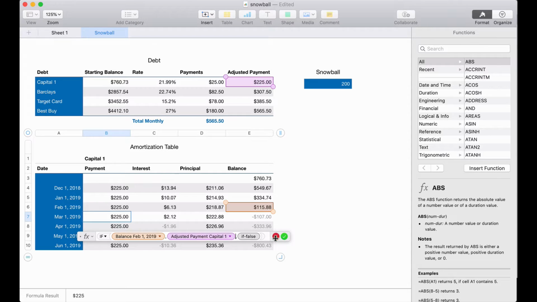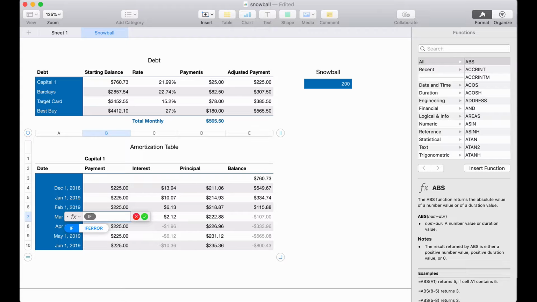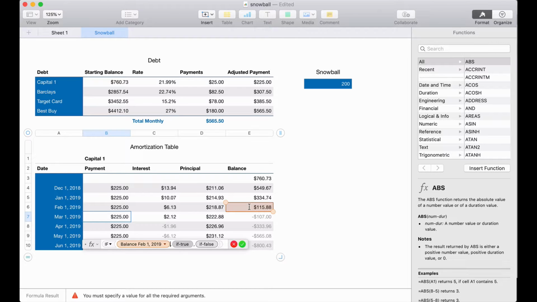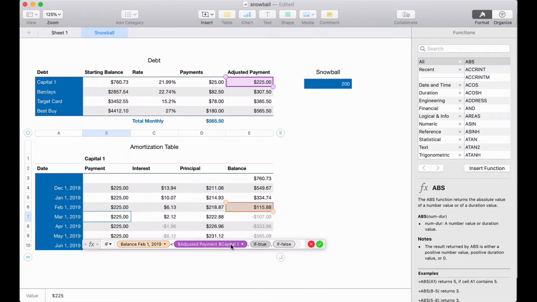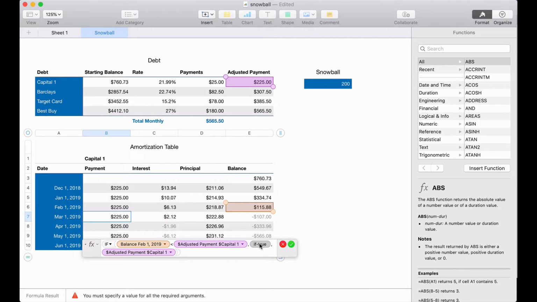Oops, start over because I didn't mean to click. If expression, this amount is smaller than our adjusted payment, okay, and it's easier to think to false first. So if that's not true, then lock this amount, lock. If that's not true, then we can just apply the adjusted payment. But if it is true, then we want to grab the balance for the payment,